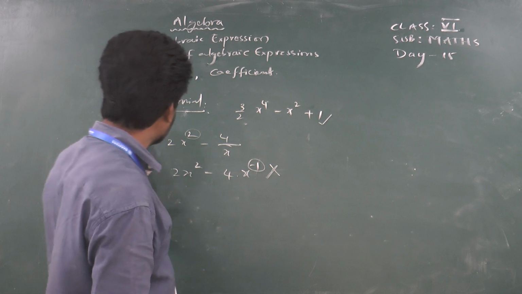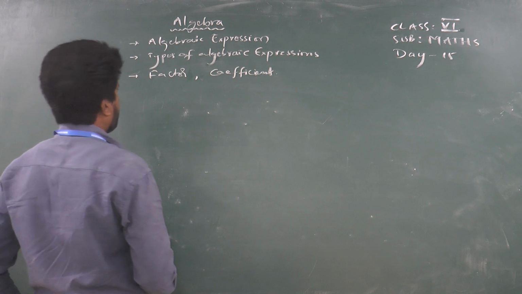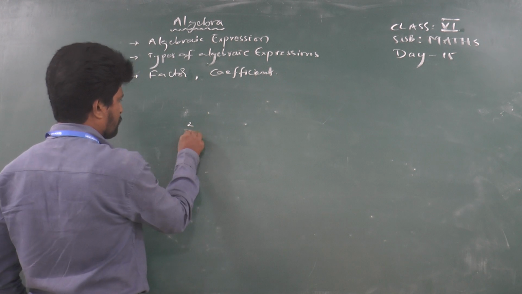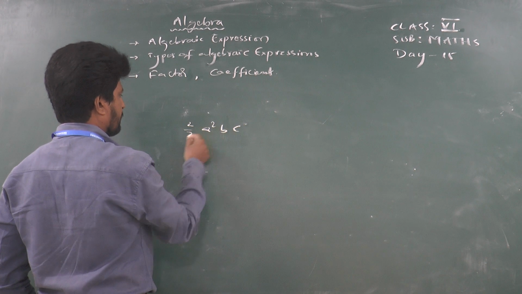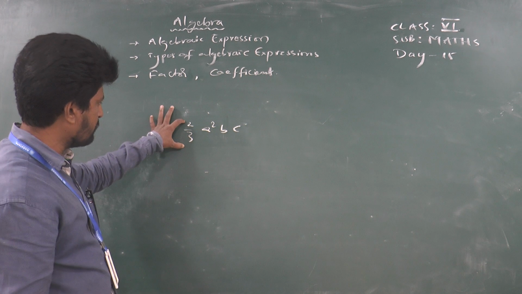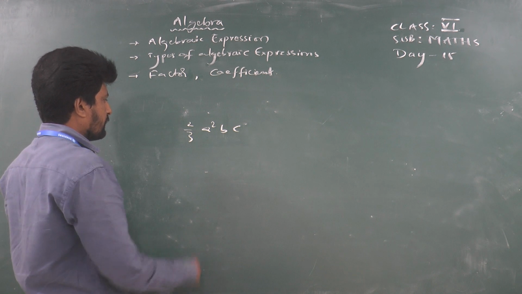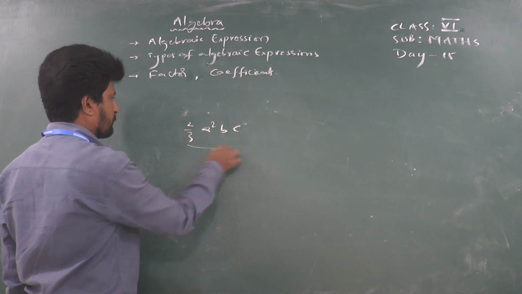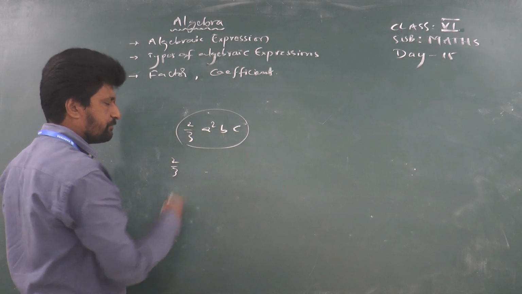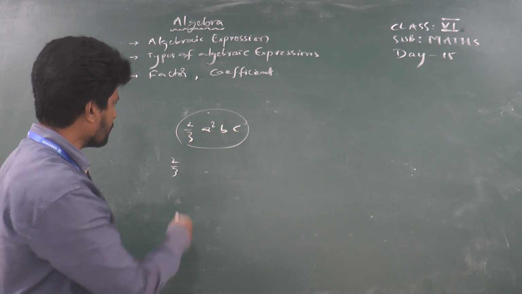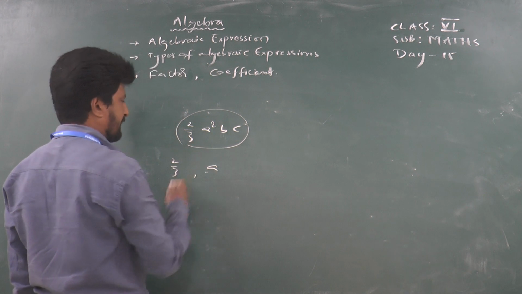Next, factor. Suppose a product we are taking, 2 by 3 a square bc. Now this is the numerical factor, that means 2 by 3, and a square b square c, those are the literals. Now this is a product. In this, any literal you take, let us suppose I take 2 by 3, that is a factor of the product 2 by 3 a square bc. And one letter I take, a also I take. This is also a factor of that one.